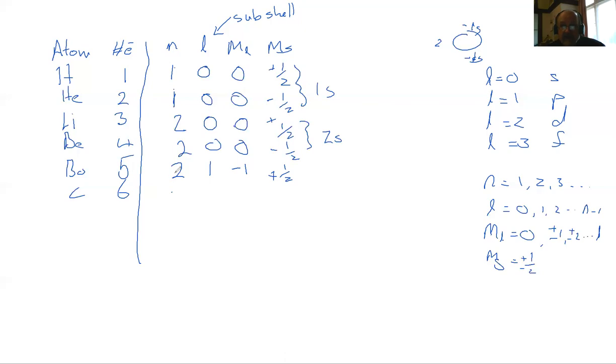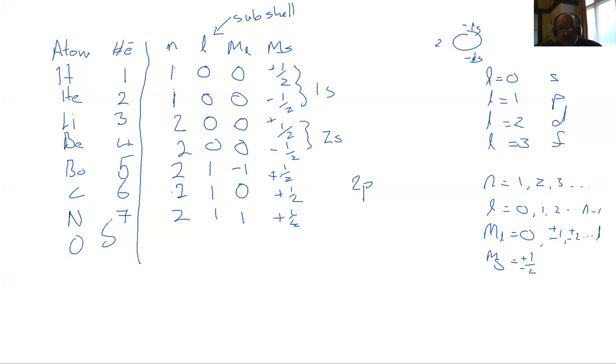Okay, so carbon's going to have these 5 electrons. Because L is equal to 1, these are going to be 2p electrons. So this is going to be 2, 1. The next value ml can have is 0, half. Then we get to nitrogen, 7. So it's going to be 2, 1. The next value that ml can have is 1. Again, spin is positive half.